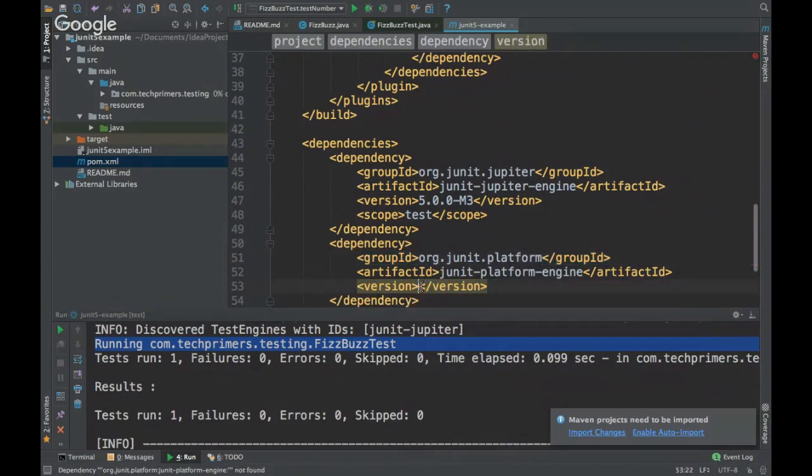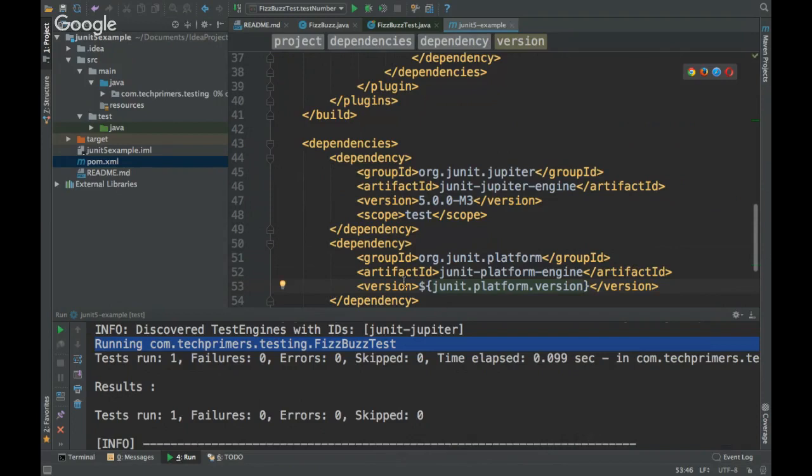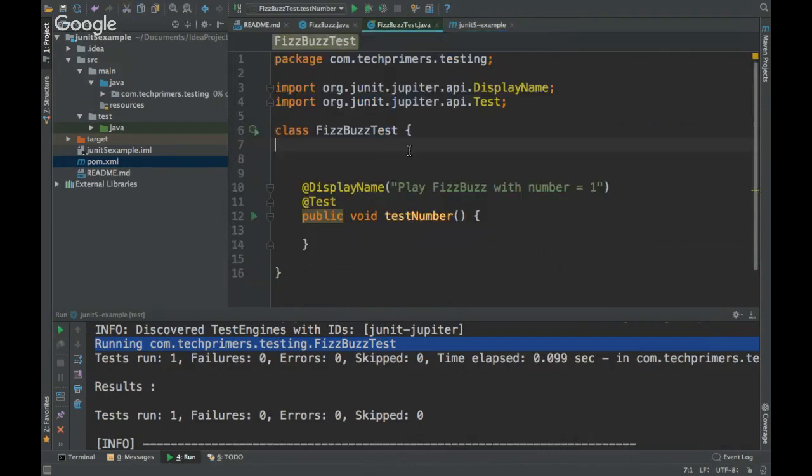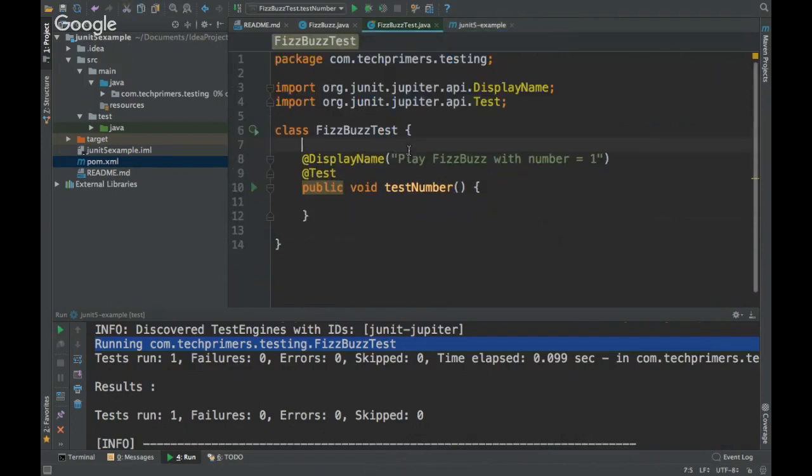So here I need to use the JUnit platform version. Okay, I'll just say import project. Now if I run this test case, I should be able to run it because the platform is now embedded inside this particular class itself. So if I run the test case,